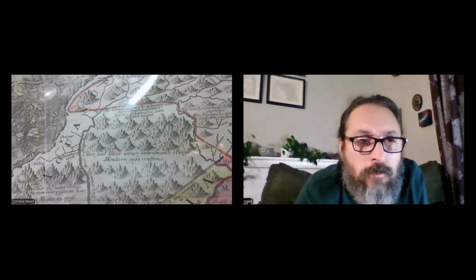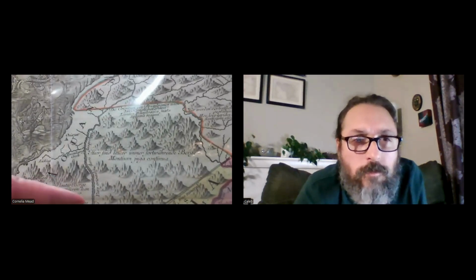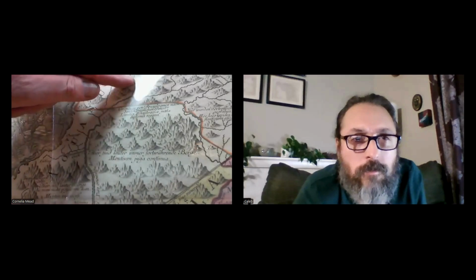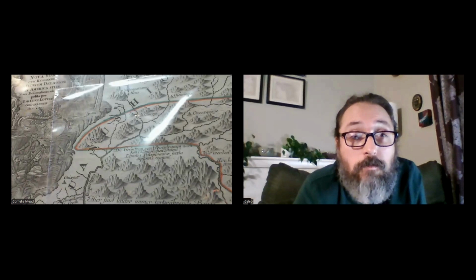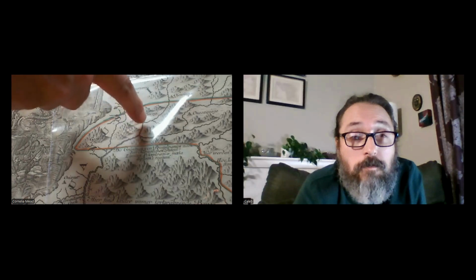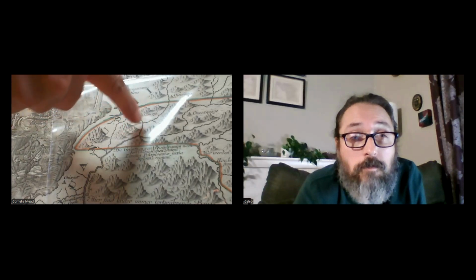Yes, you want to go right to the top of PA, just a little higher than that? Put my finger on it. Here's what I. Yeah, that's right. Oh, okay, so yeah. Just got a bit of a glare. Okay. So when you follow the Susquehanna up, see that big river is the Susquehanna. It goes right and it continues, right? So this would be kind of the line here. And then this branching upward, I would think is actually Owego Creek because it says